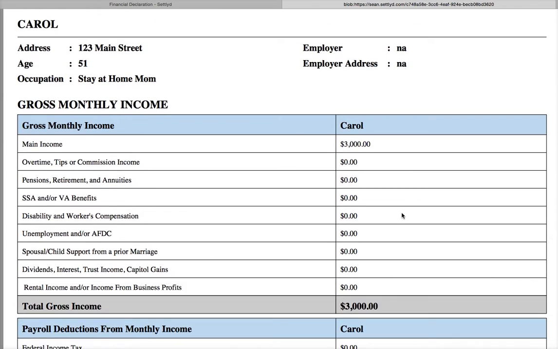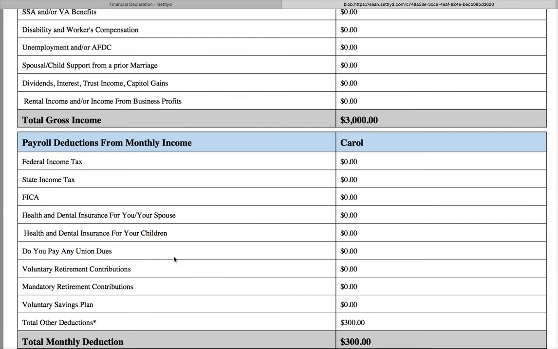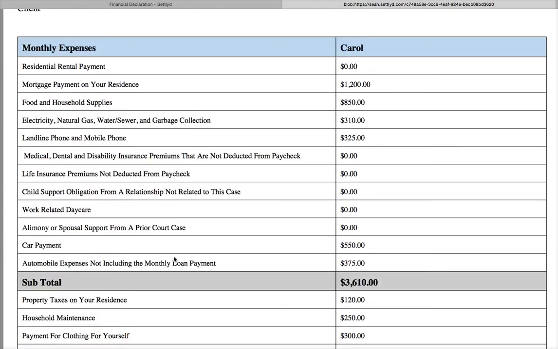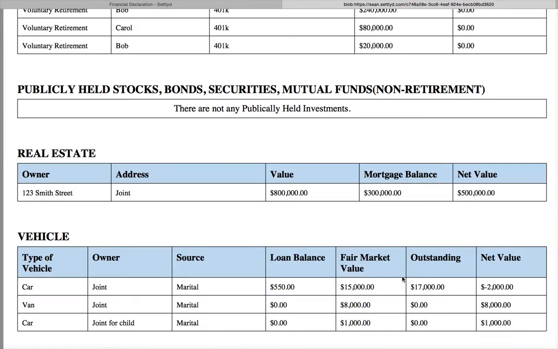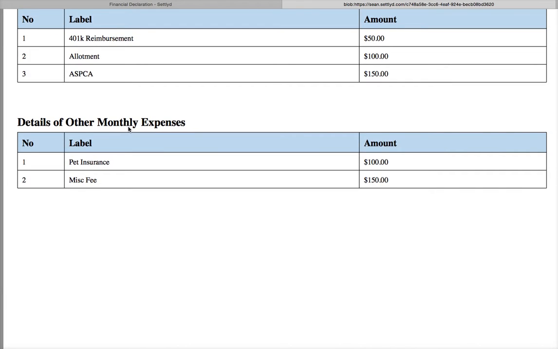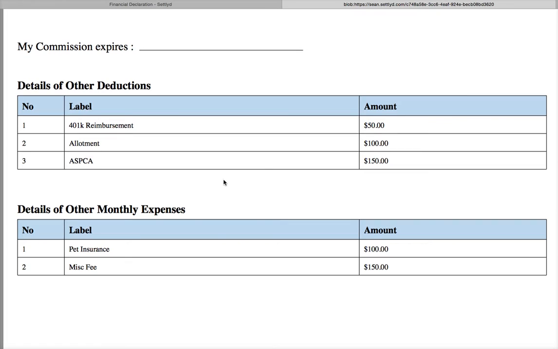Even though we've had a total of 5 other expenses, everything still stays on one page. We have the total deductions noted, and then the estimated monthly expenses. Down here we have the total other monthly expenses. Everything has stayed on the same page. And then at the end we have other monthly expenses and other deductions that are laid out, so we can